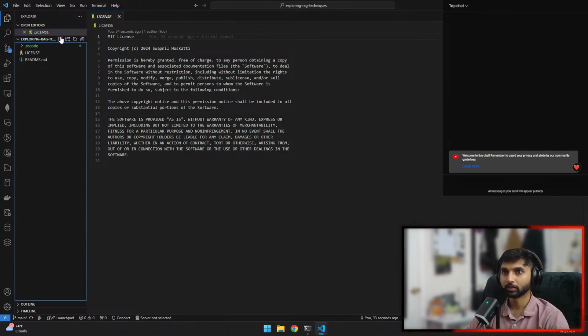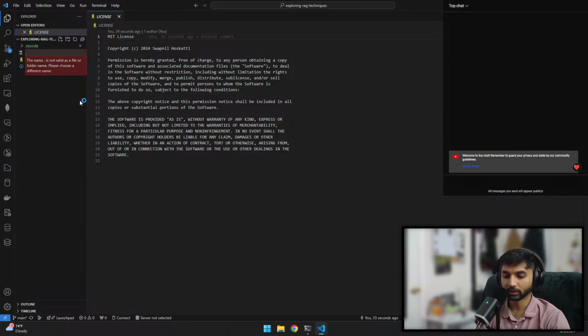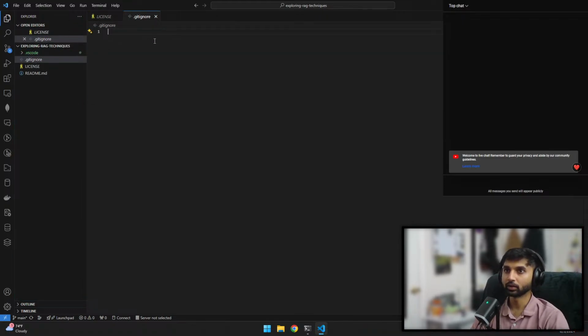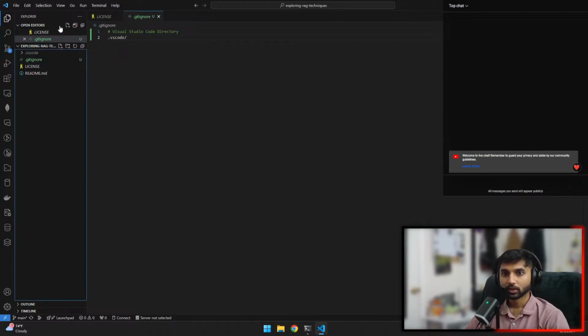So before I begin, I'm going to add a .gitignore so that we start including what files we need to ignore. For example, here I'm going to say Visual Studio Code directory. And give it a .vscode so that this folder is ignored for my git commits. Alright,